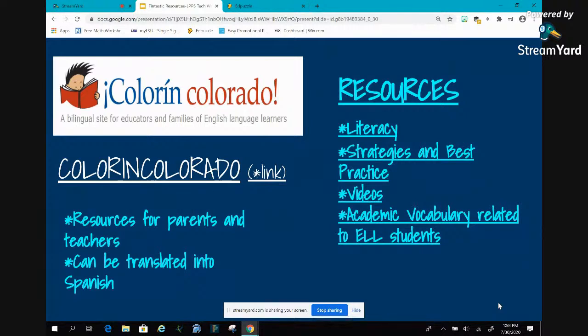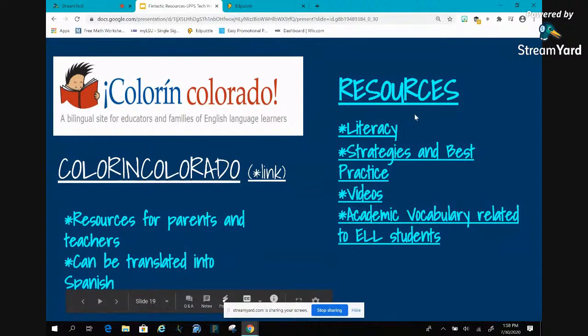I am getting my ELL certification, and this is the website that I learned about in one of my classes from LSU. It's absolutely amazing for parents and teachers. It has a ton of free resources on there. So these resources, again, they can be for parents and teachers. It can be translated into Spanish.